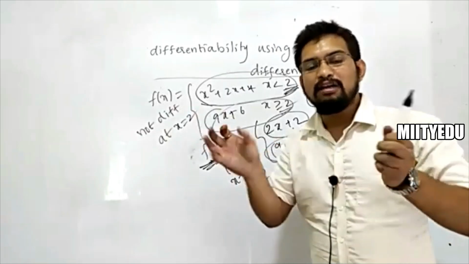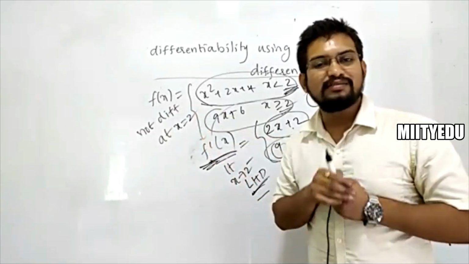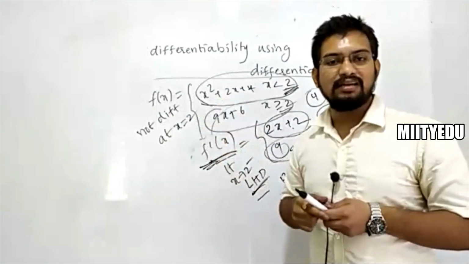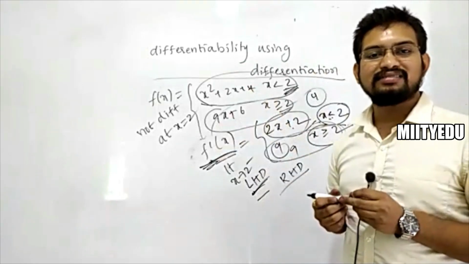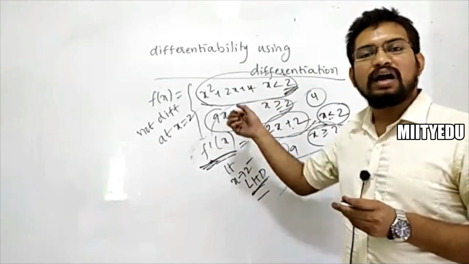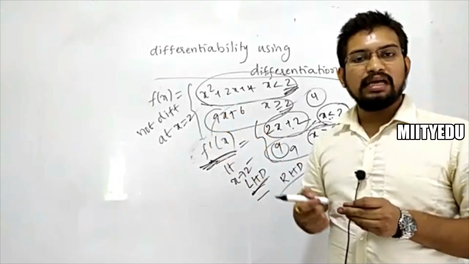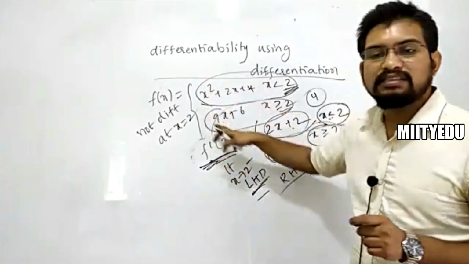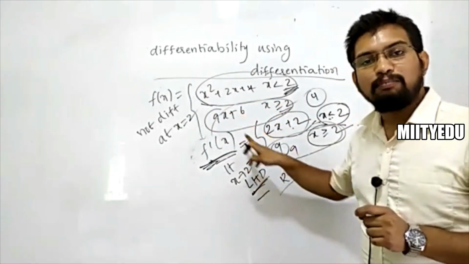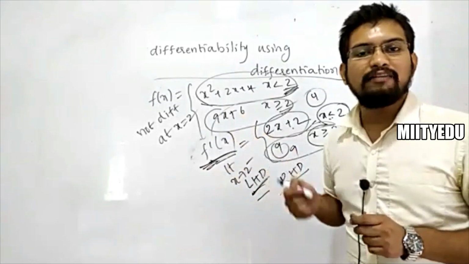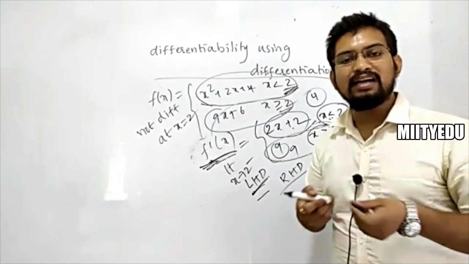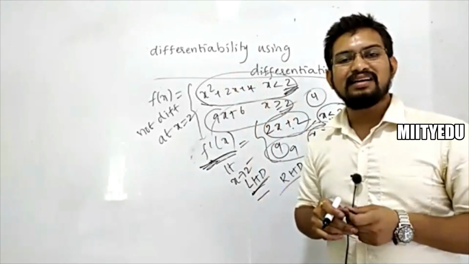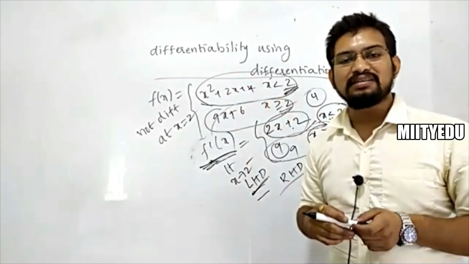Fastly, what we do, we differentiate without checking for continuity. Many students will do that. To show that I have done the same thing here, first check for the continuity of that function. If there is no continuity, there is no point in checking differentiability. Only if the function is continuous, you have to move forward. Sometimes even if the function is not continuous, the derivatives may be the same, and in hurry we write that it is differentiable at that point. You'll lose the mark, because you have not checked the continuity of the function, which is the primary step.